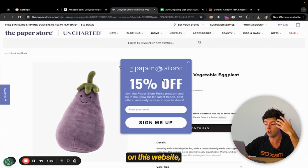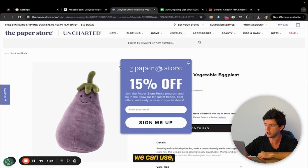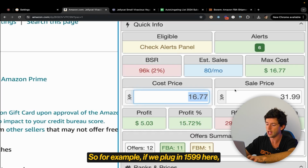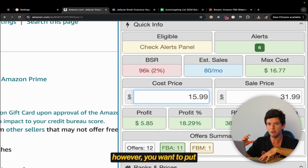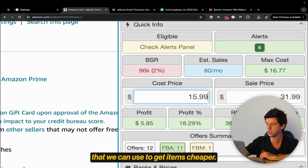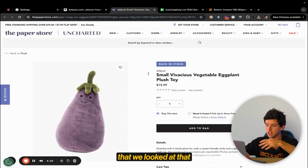Taking a look over here on this website, we can see there's actually a 15% coupon code we can use, and the product's going for about 16 bucks. So for example, if we plug in $15.99 here, this is already good after shipping, fees, product costs, etc. However, you want to put in all these little tips and tricks that we can use to get items cheaper. And a great way to do that is using that 15% code that we looked at that just popped up